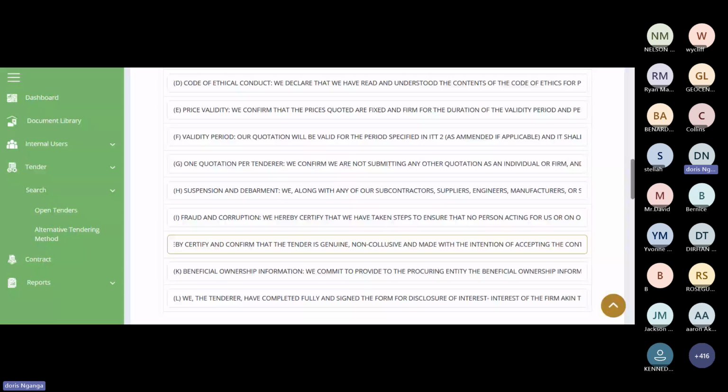We have arrived at the tender independently without consultation, communication, agreement, or arrangement with any competitor on, but not limited to, prices, methods, factors, or formulas used to calculate the prices, the intention or decision to submit or not to submit a tender, or the submission of a tender which does not meet the specification of the request for tender, except as disclosed in the tenderer eligibility. Confidentiality business questionnaire.